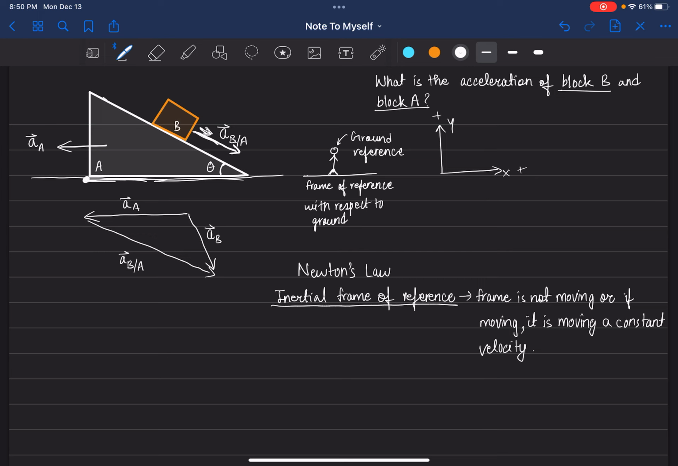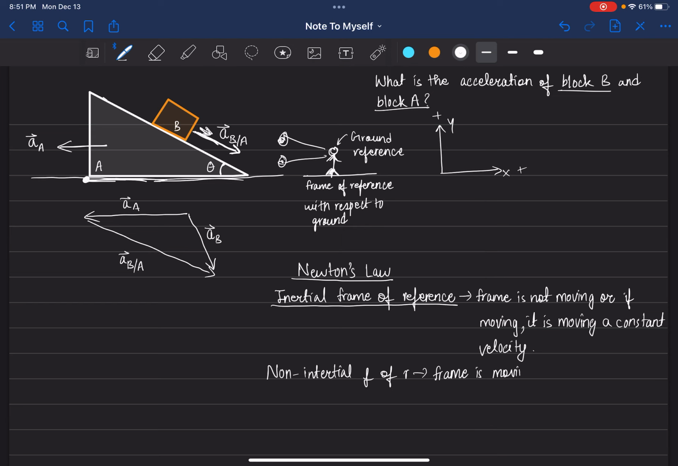Now let's look at the guy at the ground. Is he moving at all? Absolutely not. He's not moving at all. This person is just stuck to the ground and he's just looking at whatever the system is over here from his point of reference, which is the ground. And Newton's law only works in an inertial frame of reference. Another type is the non-inertial frame of reference, a frame that is moving